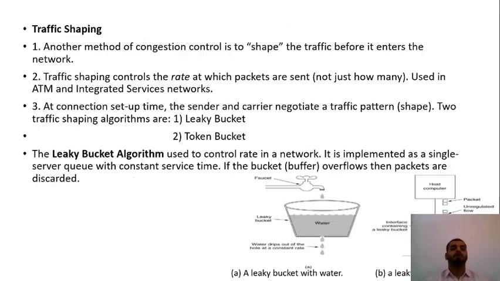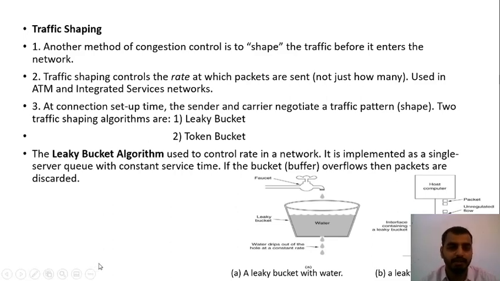Now we'll see two major concepts with reference to traffic shaping. What do you mean by traffic shaping? As I have told you, congestion is happening due to the main reason of traffic. If you are able to shape the traffic in an efficient way, the chances of getting congestion will be very less. If you are able to maintain the shape of the traffic, then congestion cannot happen. The congestion should not happen.